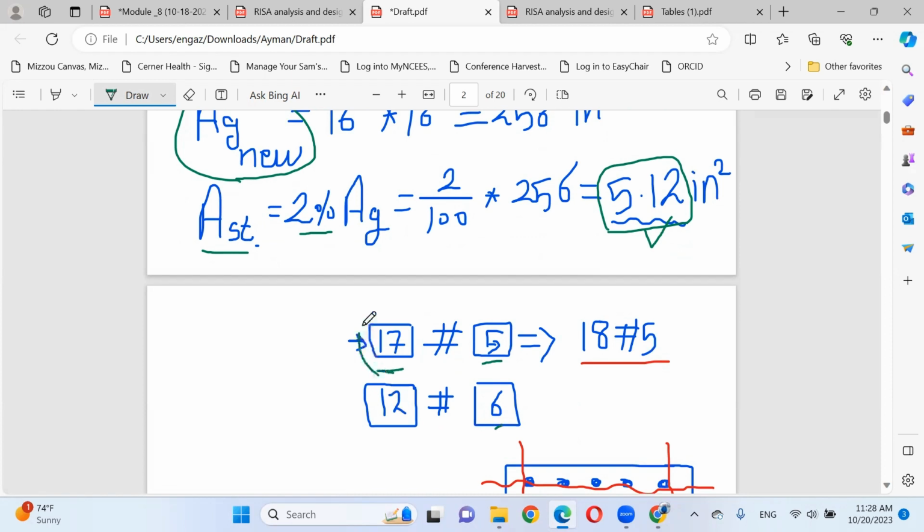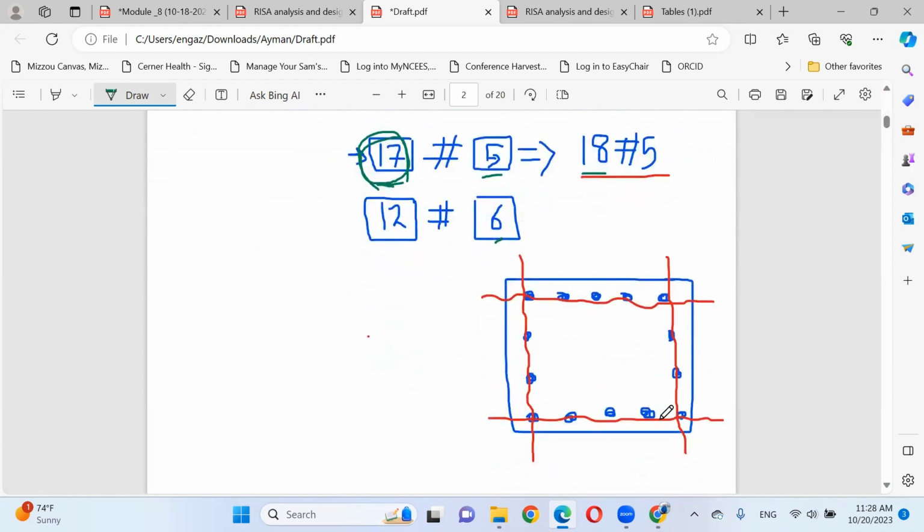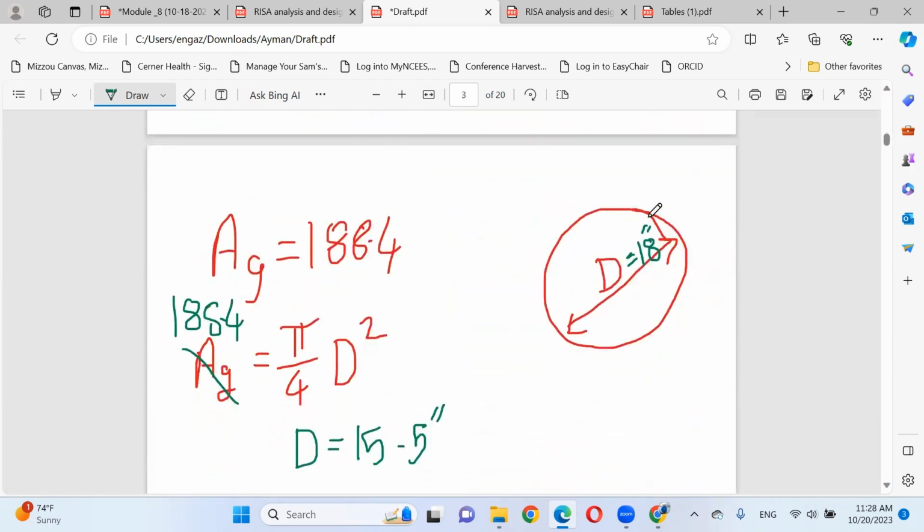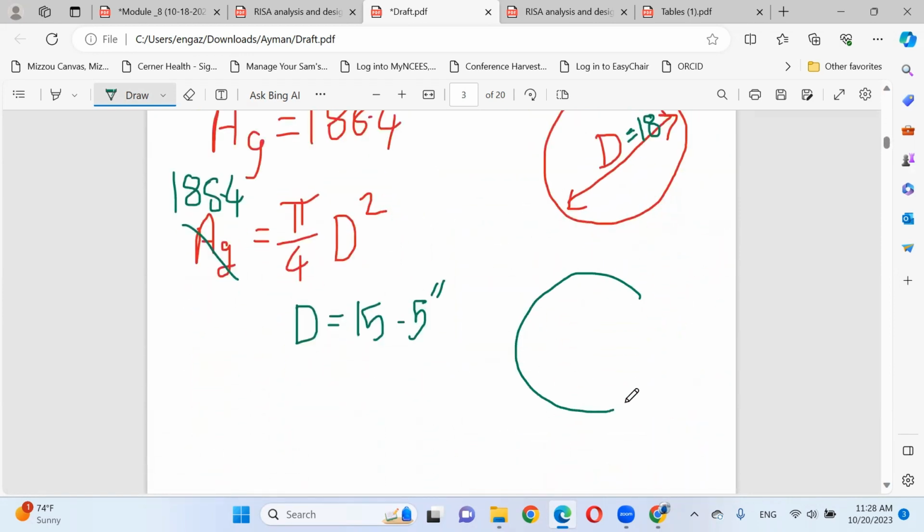Keep in your mind, the number of rebars must be an even number to be arranged in the column in a symmetric shape. If your column is a circular column, maybe the number of rebars can be an odd number. That's fine. We can provide 7 rebars, 9 rebars, or 11 rebars because all of them will be symmetric. No worries.